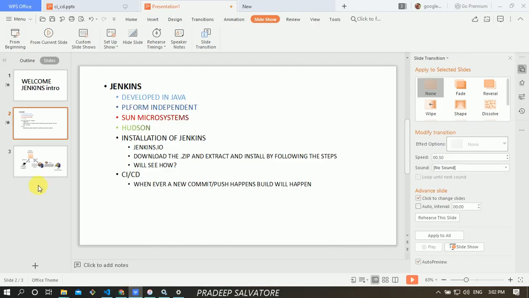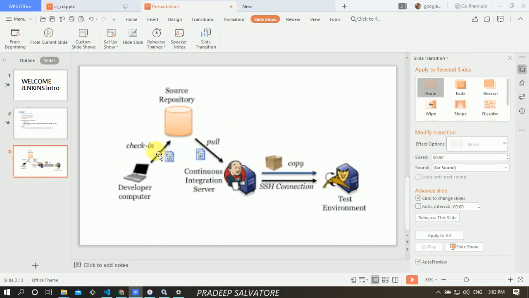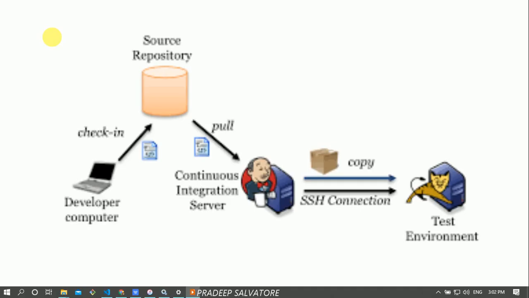So this is about Jenkins, and I will show you one more thing, how the Jenkins flow works. This we will see in the next video. So the developer checks into the source repository. The source repository is in Bitbucket or GitHub. We will see how that works. Then Jenkins will run the jobs in such a way that it takes the code from the source code management repository, processes the code according to our requirement, and then delivers the output. So this is the Jenkins flow, how it works. We will see it in depth in the coming videos.